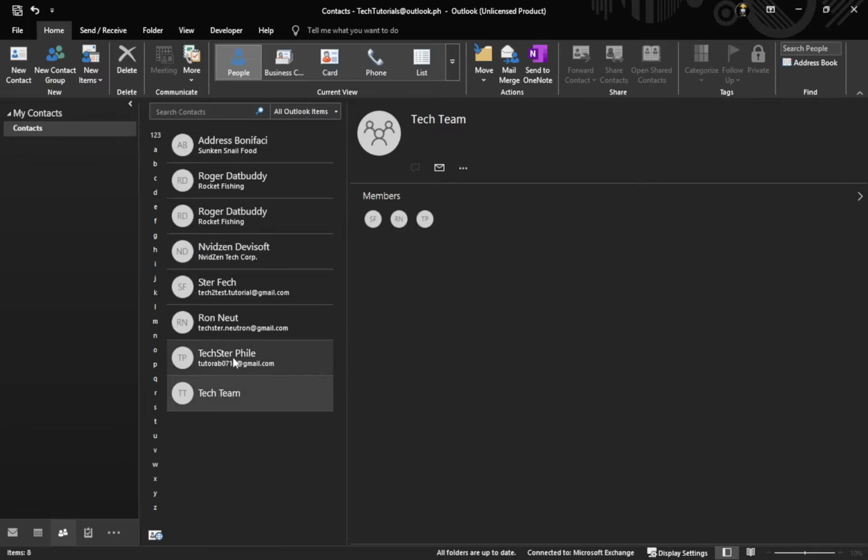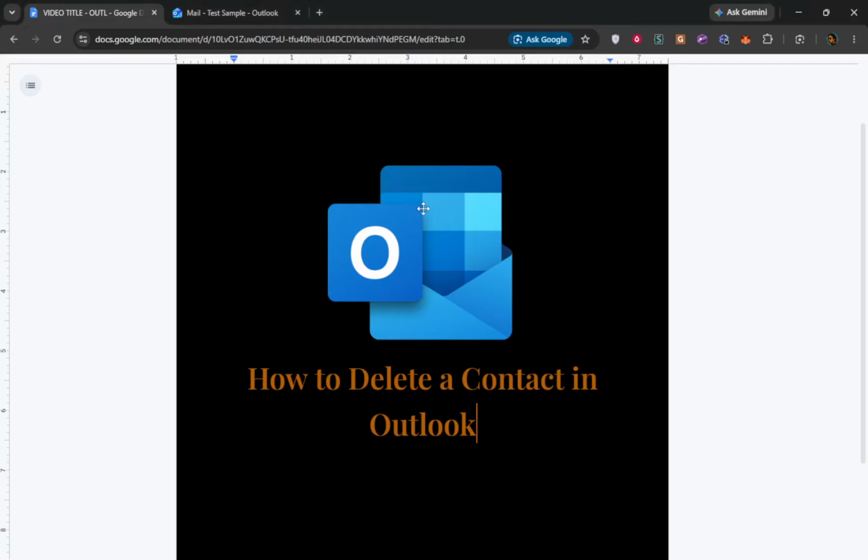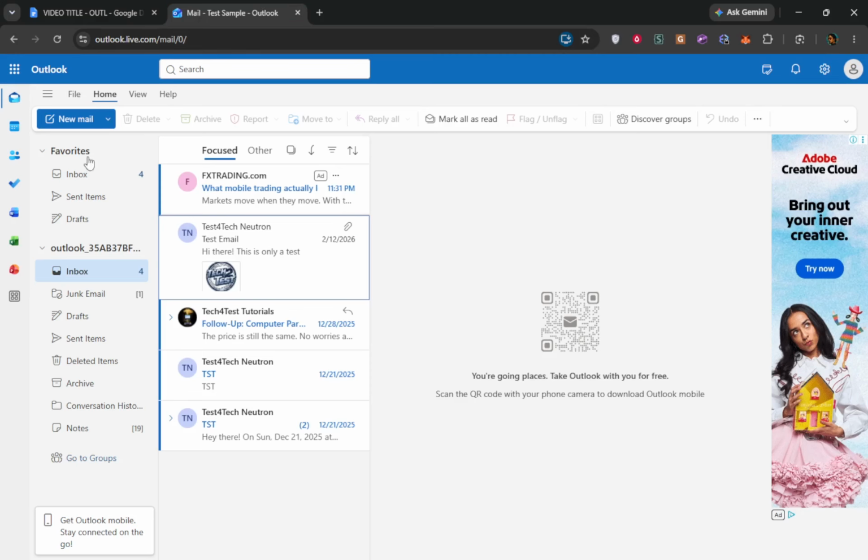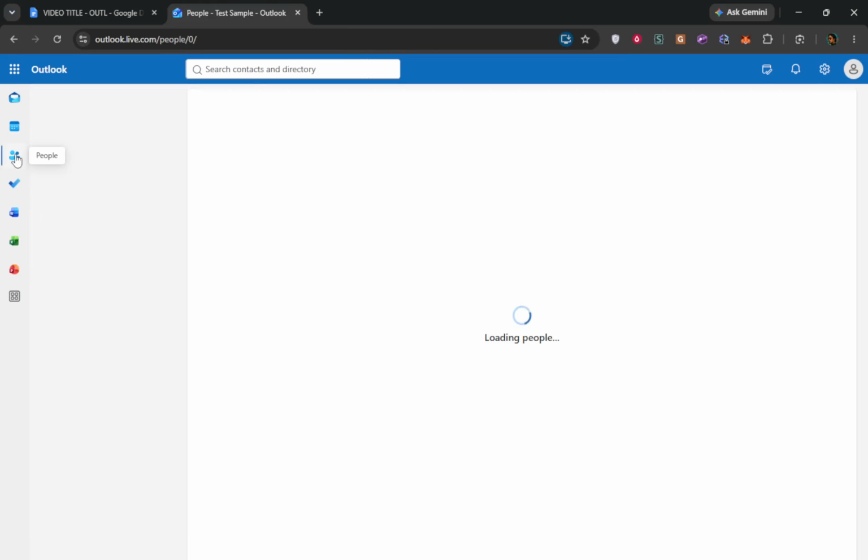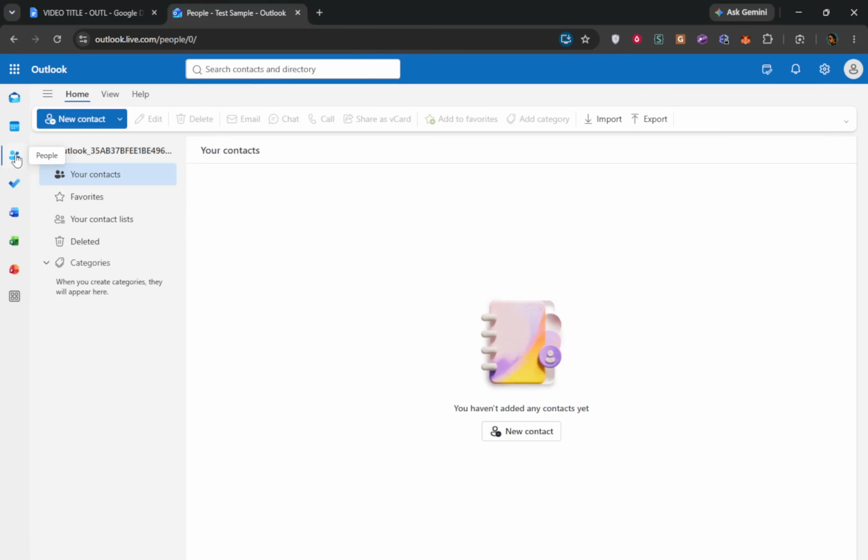Now let us switch to Outlook on the web. Sign into Outlook. Once you are in, you see your inbox in the middle, with a folder list on the left and a toolbar along the top. From the inbox view, click People. In the web version, this icon often sits in the left sidebar or the app launcher area and looks like two heads. When you click it, your browser view changes to show your online contacts page.